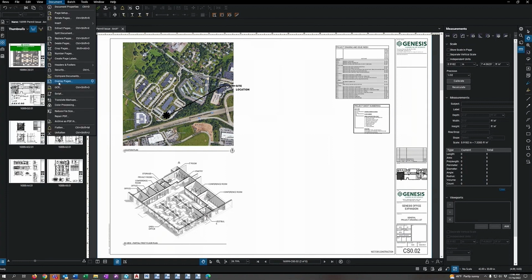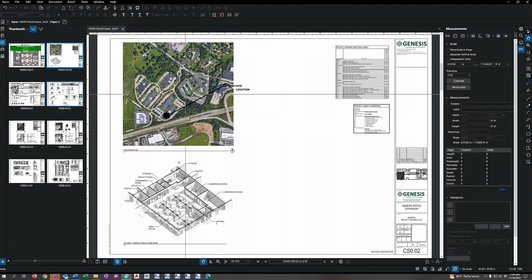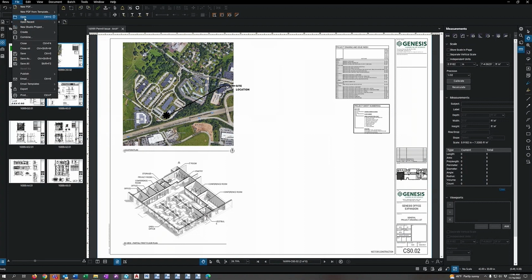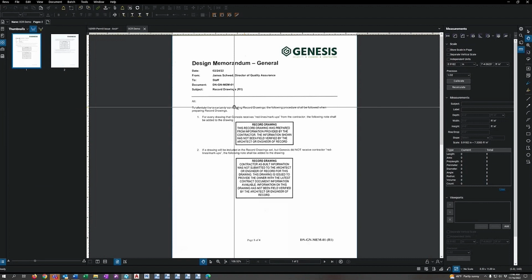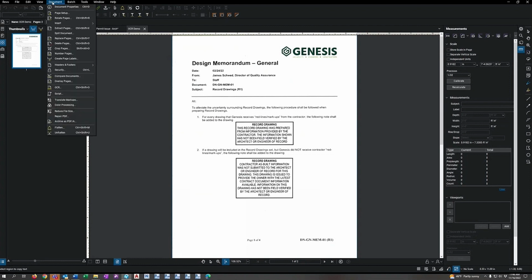And another tool I want to show you guys is OCR. OCR stands for Optical Character Reader, and it's basically used for if you have a scan that you want to select the text in, but since it's a scan, you can't. Like there's no text information here. This was a typed up note that was then scanned in. But if you go to Document OCR,